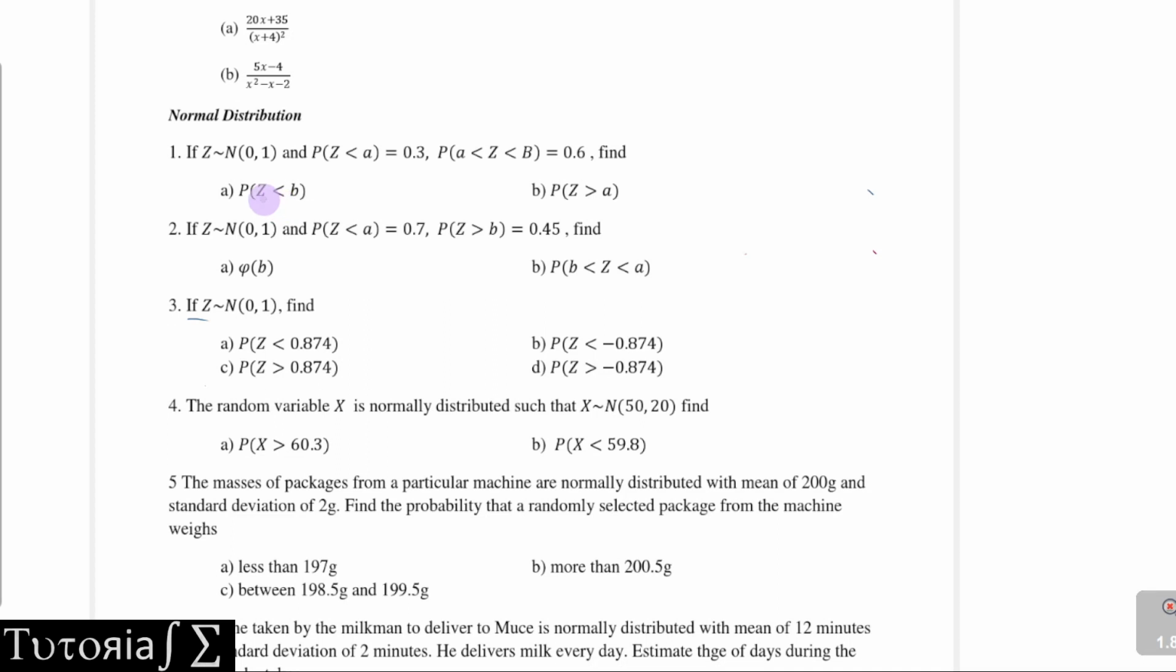All right. So if Z is a normal distribution with mean 0 and standard deviation 1, find the probability of Z less than A, which is equal to that. The first question asks you to find the probability of Z less than B. And the second question asks you to find the probability of Z greater than B. So the first thing that we should find is A here. That is the probability of Z